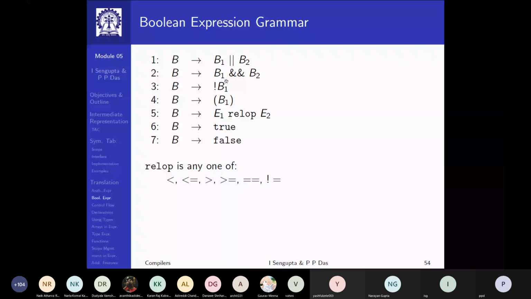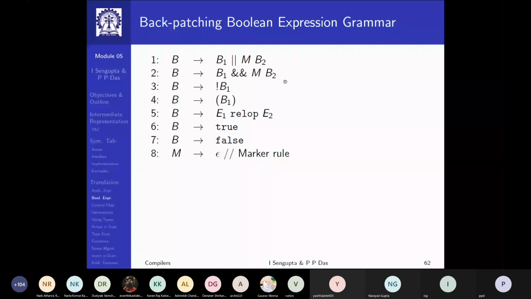But here what I have done, I've put a non-terminal before B2, another non-terminal M. And that non-terminal has an epsilon production. It does not produce anything. So it does not change the language.